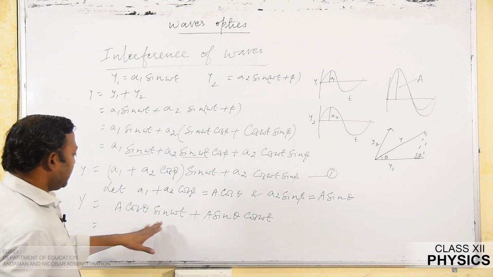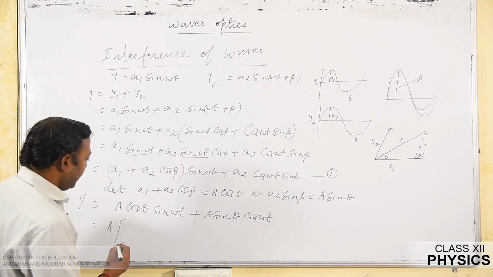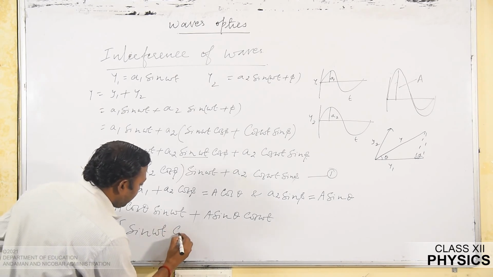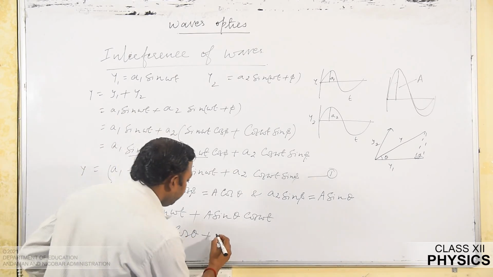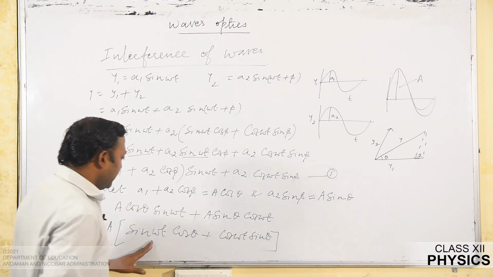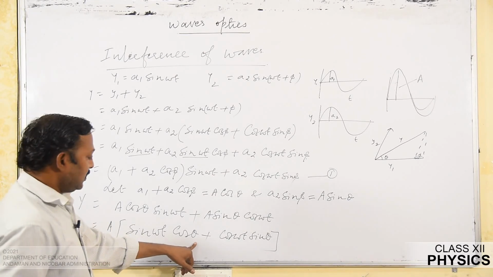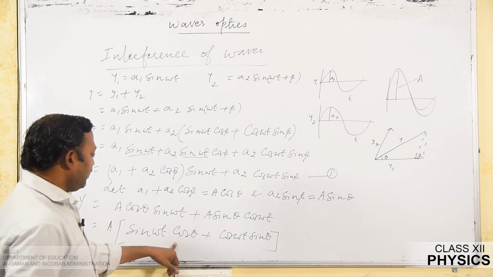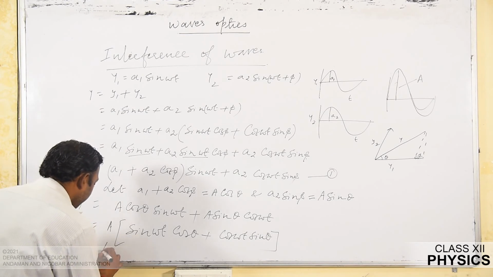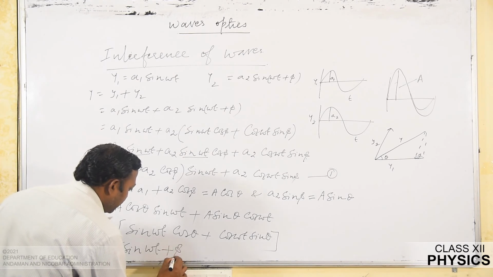So here from this expression you can take a as common. Taking a as common, we get inside the bracket sin omega t plus sin omega t cos theta plus cos omega t sin theta. Now further this can be written as sin (omega t plus theta) using the sin a plus b formula, that is sin(a plus b) is equal to sin a cos b plus cos a sin b. So further this can be written as y is equal to a sin (omega t plus theta),